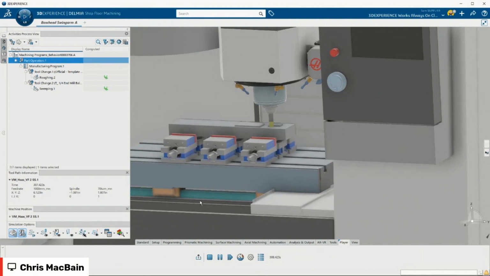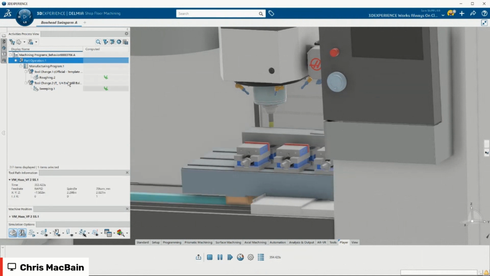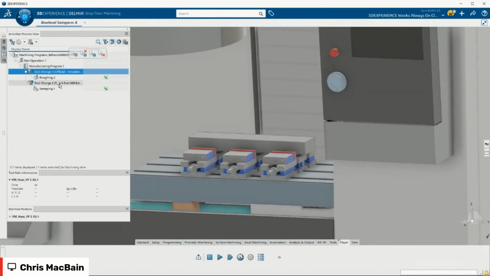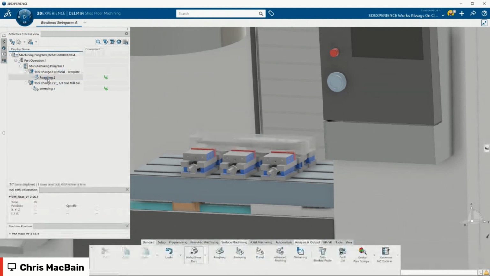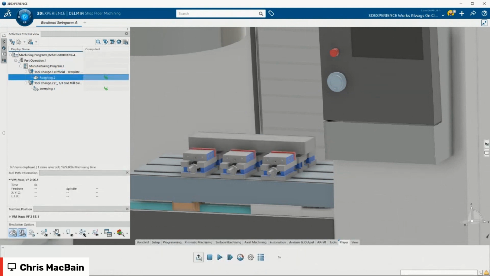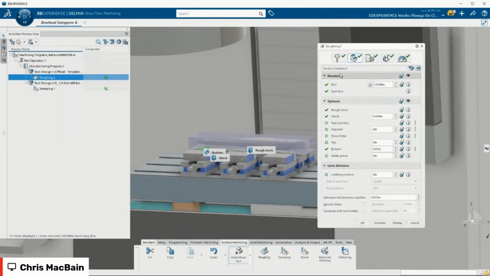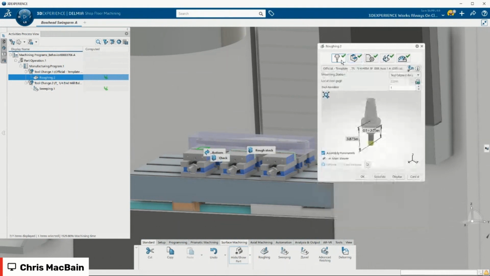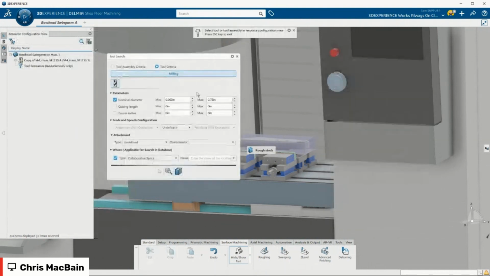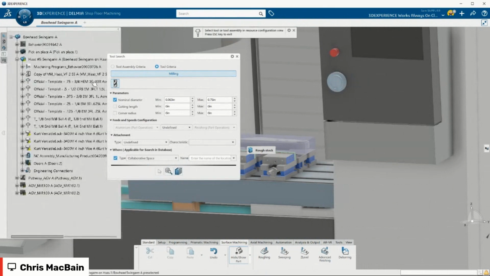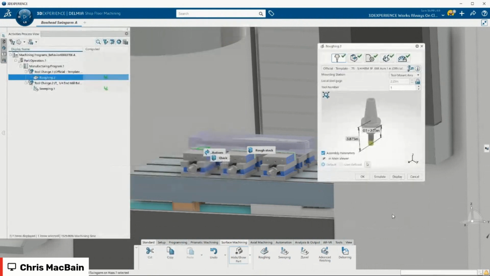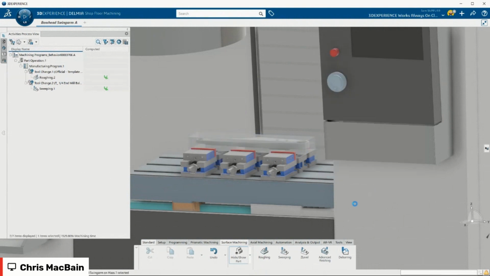This is CAM. You've seen it, right? I'm just going to show really quickly the programming part of this, just to bring it full circle. Let me double click on here. Right here, I can actually change the tool on this. My tool lists are here. I want to pick another tool. I have a 3/4 inch tool. Simulate that, and it'll show it.